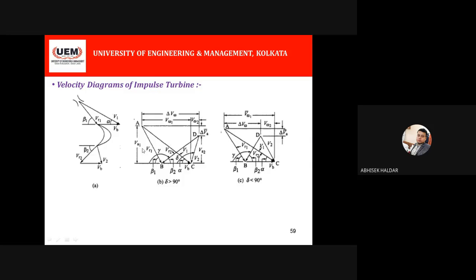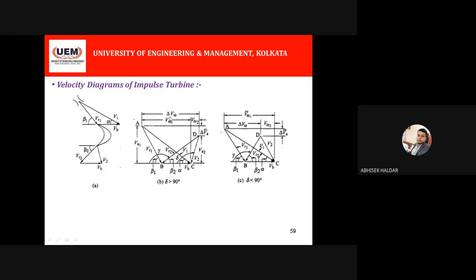And V suffix A means axial velocity. It is coming from the axial component of the velocity. That means this is my VA1. This is the sine component and this is the cos component. Cos component is the tangential component and sine component is the axial component. So VA1 is the axial velocity at the inlet, and here you can see VA2 means axial velocity at the outlet, and this small part is the difference, that is delta VA, the difference in the axial velocity.